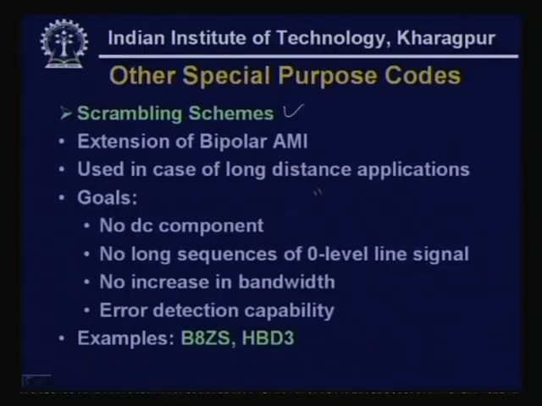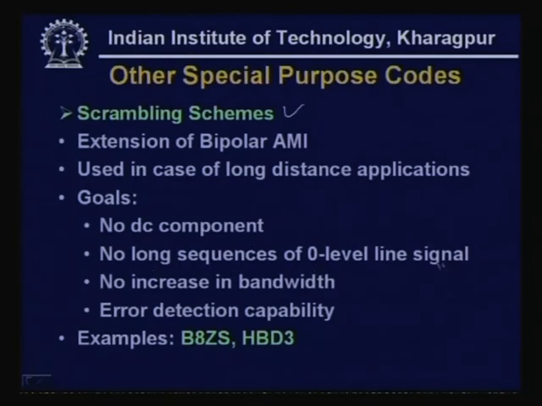When it is for short distance communication like a local area network, then bandwidth is not really very important. On the other hand, whenever we are sending over a long distance, bandwidth has to be very judiciously utilized. In such cases, we shall go for this kind of special schemes and try to develop better utilization of the bandwidth. And some of the characteristics of these special encoding codes are: no DC component,